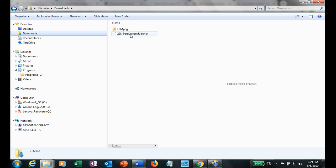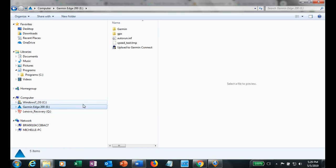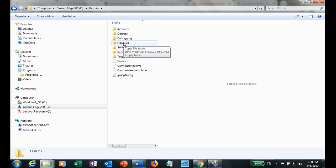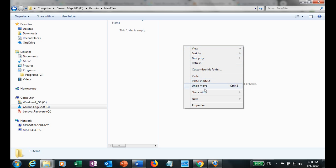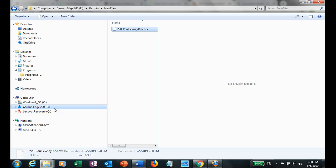Now I see the TCX file that I downloaded. I'm just going to right click and copy it. Go to my Garmin drive, click on Garmin, get that whole list of folders again, open up the new files folder, and here is where I'm going to paste that file. Might take a few moments to download it. And now there it is. Now, once you unplug your Garmin,